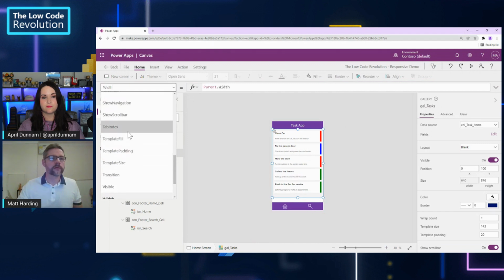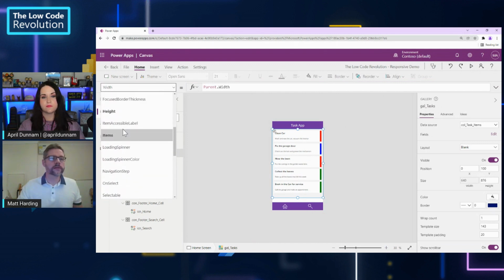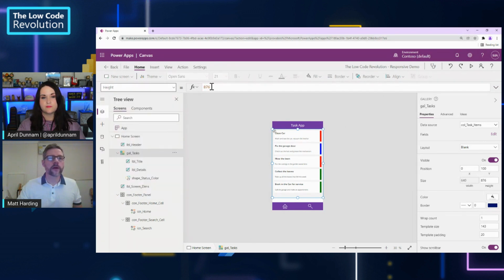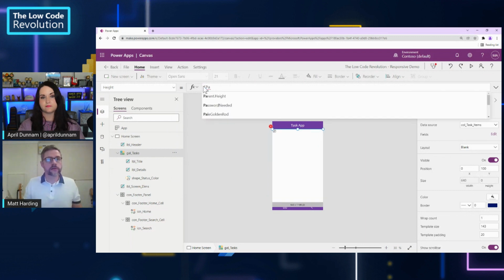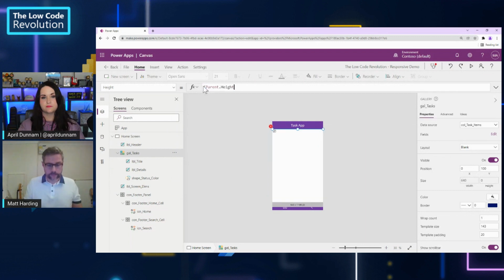Let's go for the height on the gallery, which is here. So currently hard-coded again, that's no good. We're going to need to do another calculation, which will be the height of the app. And we're going to take away the height of the footer controls. So it'll be the parent.height, take away the